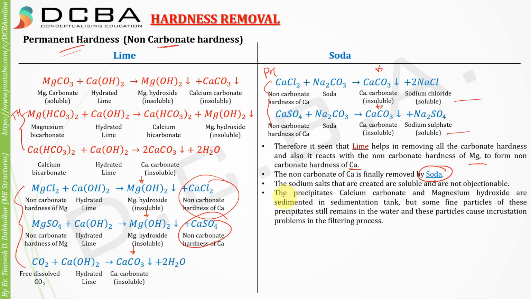What happens is that a lot of precipitate is getting formed. In fact, in every step, 1, 2, 3, 4, 5, 6, 7, 8, in all the steps some or the other precipitates are getting formed, and there is a lot of sludge which is getting generated. Now as I told you, since this is done before the sedimentation process, when you take it to the sedimentation tank, all of these particles are going to get sedimented, but there are still those fine particles which do not get sedimented, and these fine particles of precipitates are going to cause problems in the filtering process, which comes after your sedimentation.